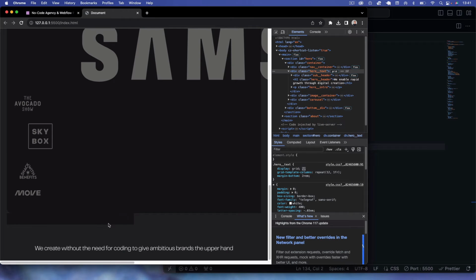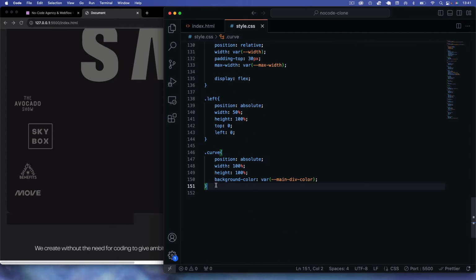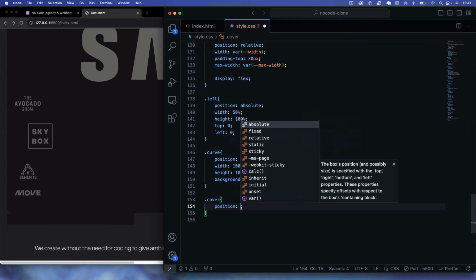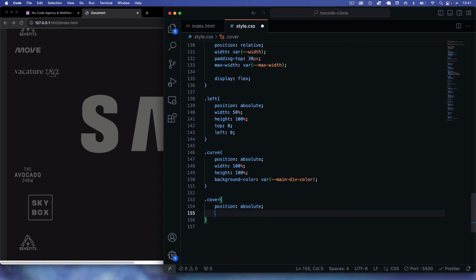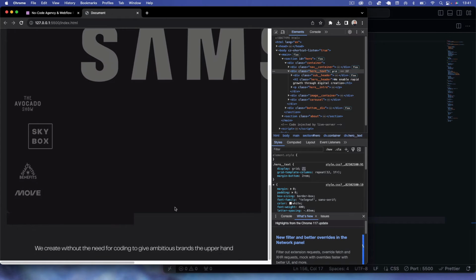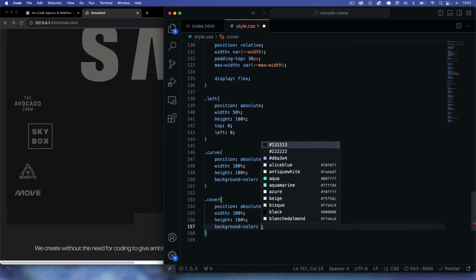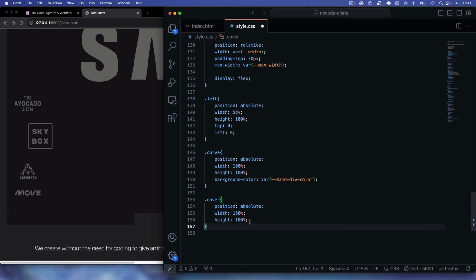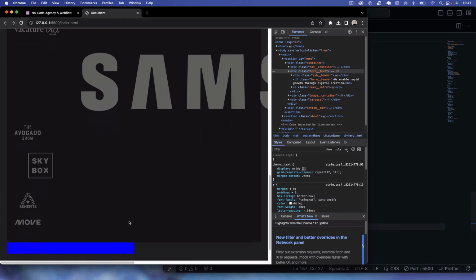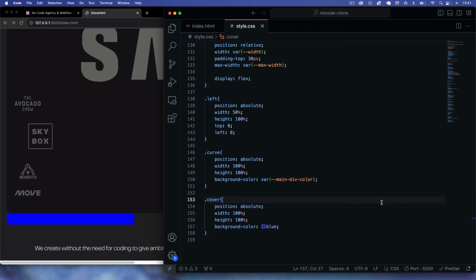And now we just need to cover this with another div. So let's just target the cover. So dot cover. Again, we're going to position this absolute as well. Position absolute. Width 100%. Height 100%. And then if we just do like a background color of blue for now. Blue. Oh, what's going on? There you can see, so that's covering it, and now we just want to do